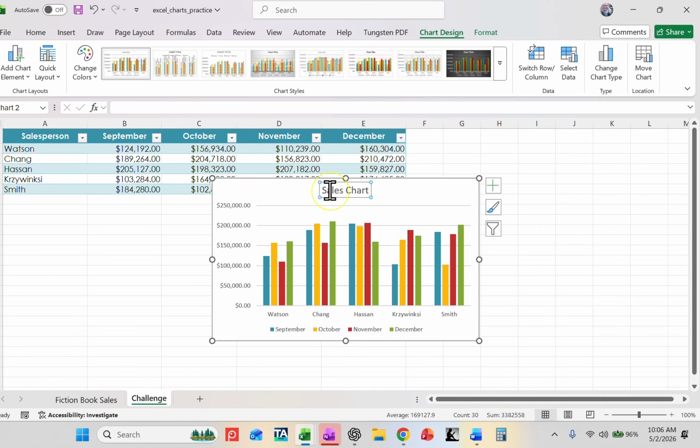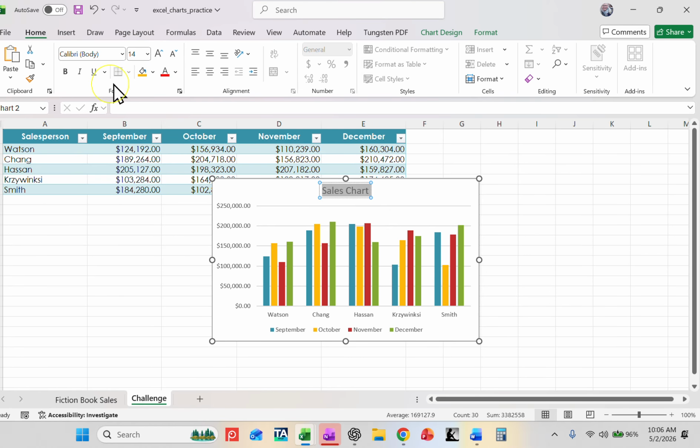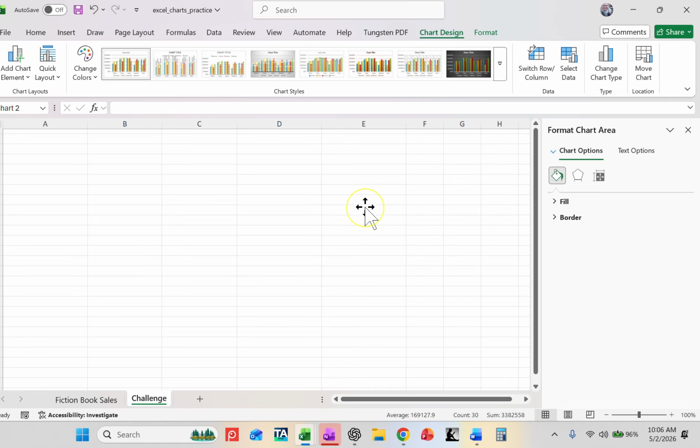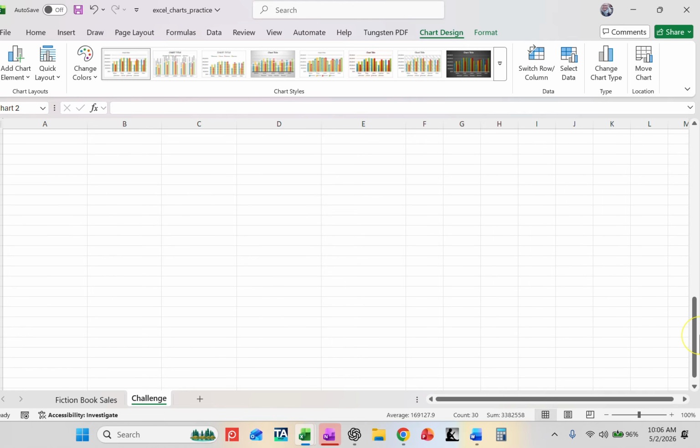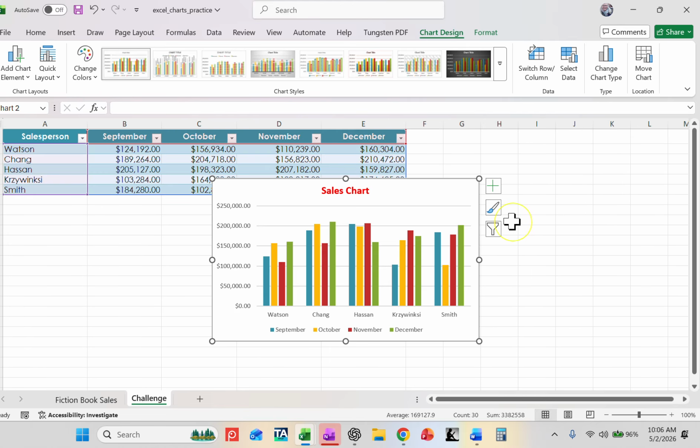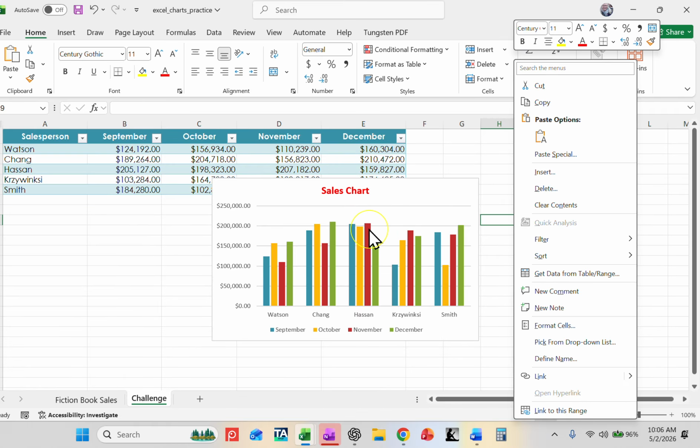And you can make this bold. You can click over here on home and make it bold or make it whatever color. Let's see, we can make it red. There we go. It really stands out. Oops, scroll back up. Here we go. Now I've got my chart started,